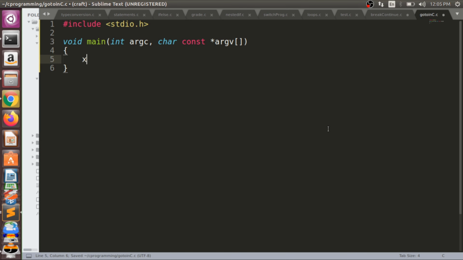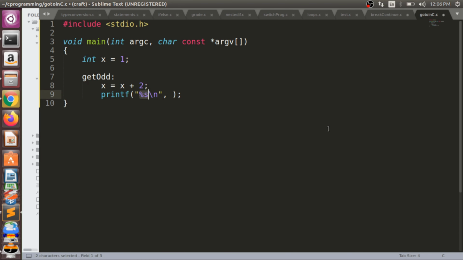Here we have x is equal to 1, for example. And let's create a label first, get odd. This is our one label. So what we will write down here: x is equal to x plus 2. I will explain why I am doing this.